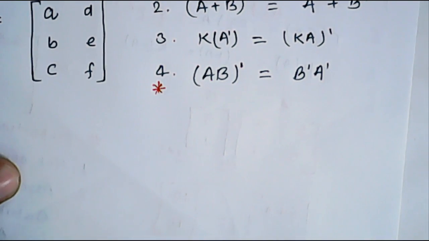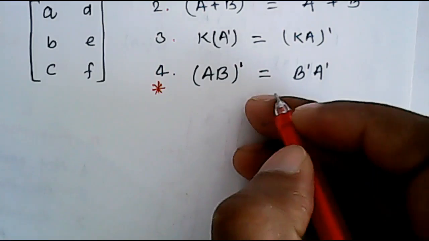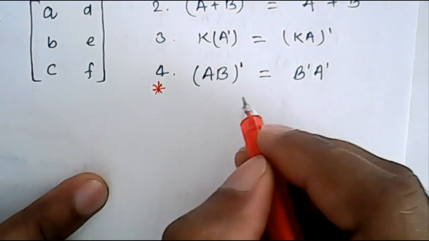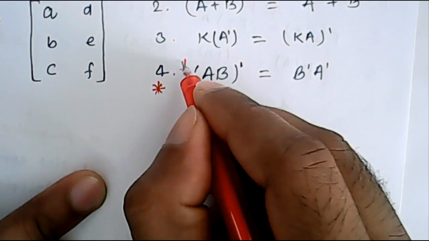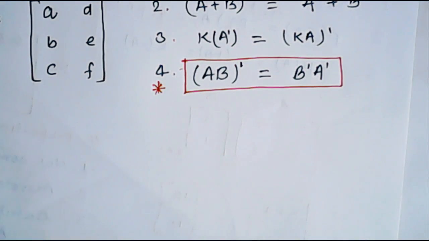This is again an important property, and a problem related to this you may find, maybe in a previous GATE one question has been asked, and we will discuss that question in the illustration portion. So I hope you understand it. From this lecture you have to remember this important property: whenever you have multiplication, you change the order.